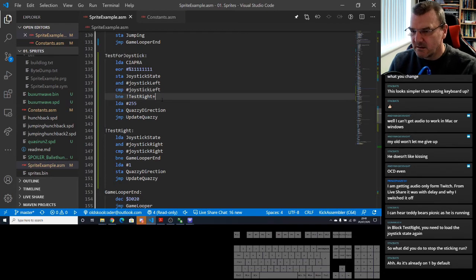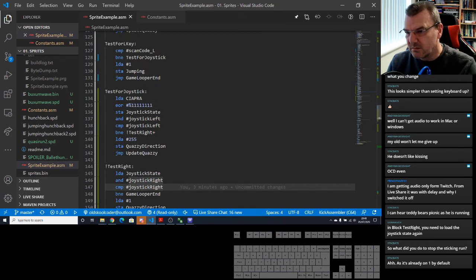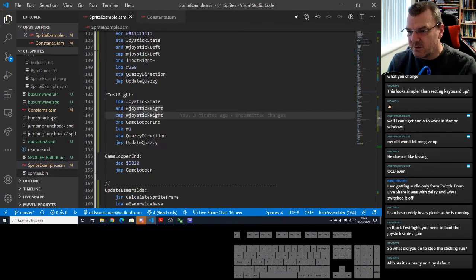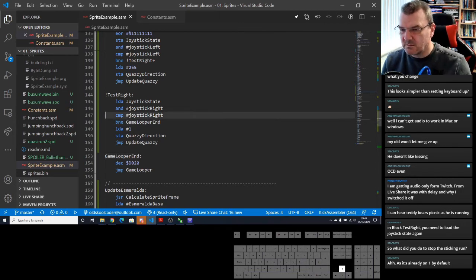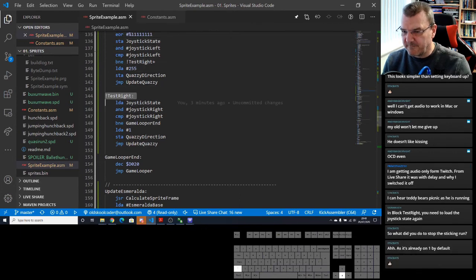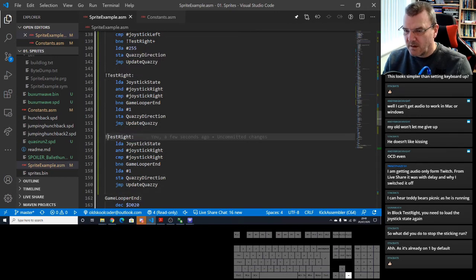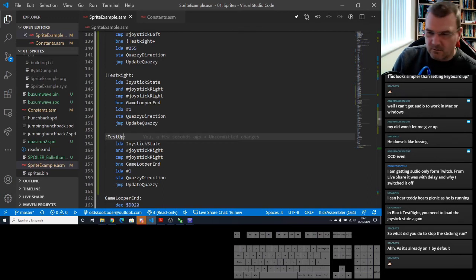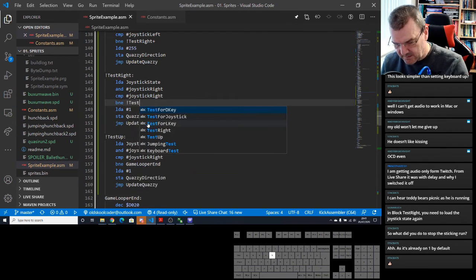So that is how you implement joystick. Now, if you want to make him jump, it's easy. We just do another test. So instead of going to branch if not equal loop, we will go branch if not equal to. We'll copy this again, put it down here. But this one's testing up. Right, so we're going to test the up part. So I'm going to make him jump. So this needs to go to test up.